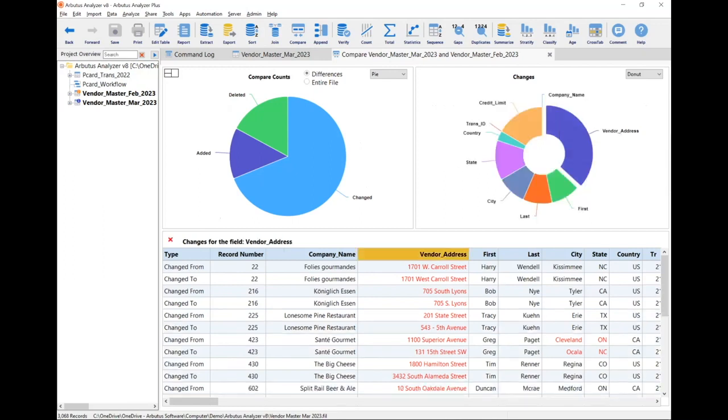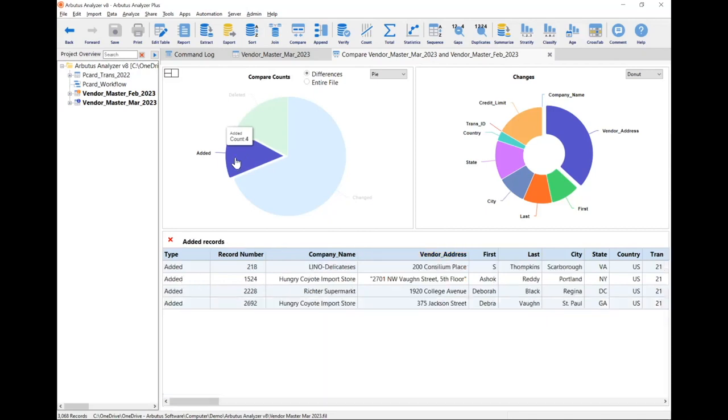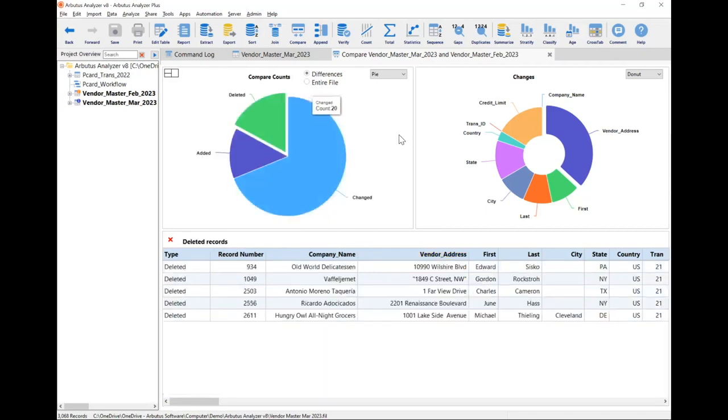Let's say if I want to look at all the changes in my vendor address, quick filtering on my table, and having all the changes pop up by having them highlighted in red just makes it visually easier to interact and identify what I'm looking for. Or for example, if I want to narrow my view down to the number of records of new vendors or the records that have been deleted. So really, as you can see, just a simplified, interactive visual interface for me to explore and dig into my